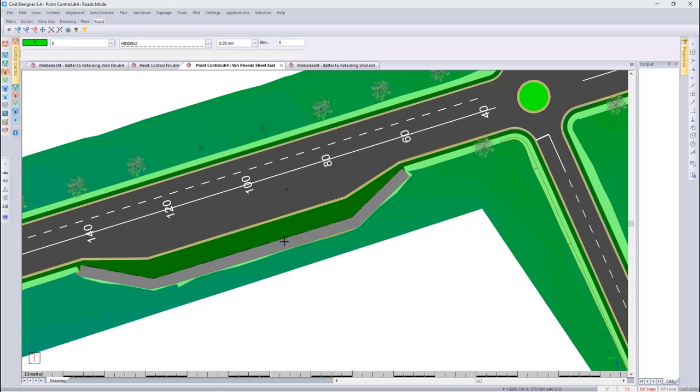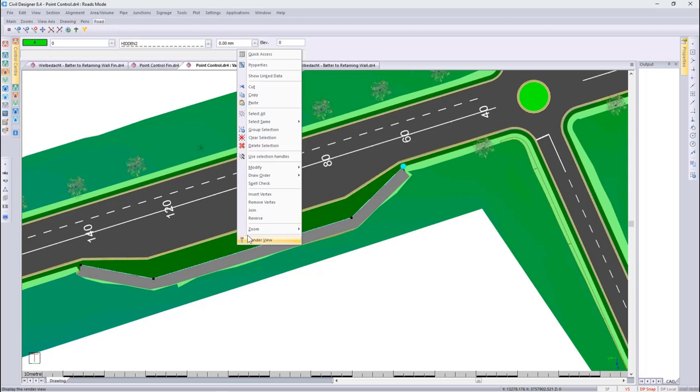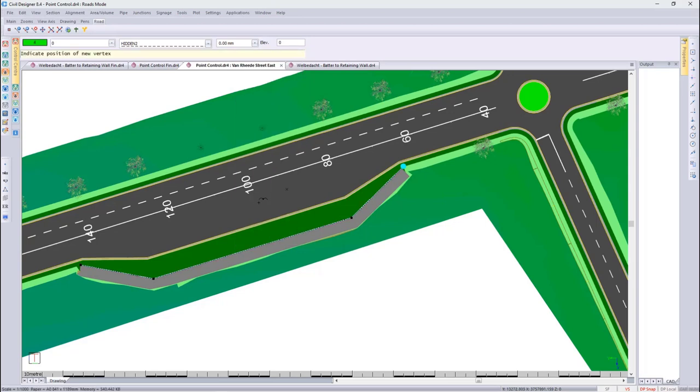And then selecting the polyline. You can see we currently have 4 vertices on our polyline. I'm going to insert an additional one and make that the lowest point. With the polyline selected, I right click and select Insert Vertex. Specify your insertion point. Right click and quit. And then looking at the properties of the polyline,